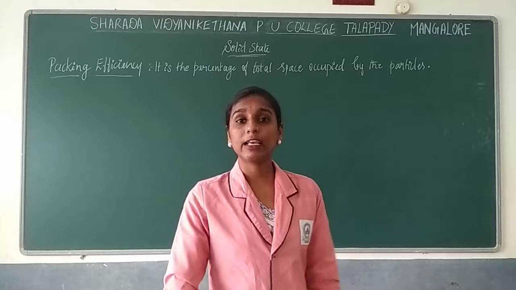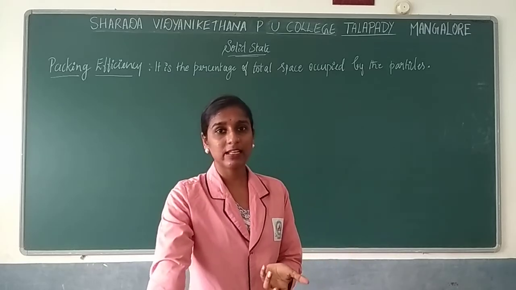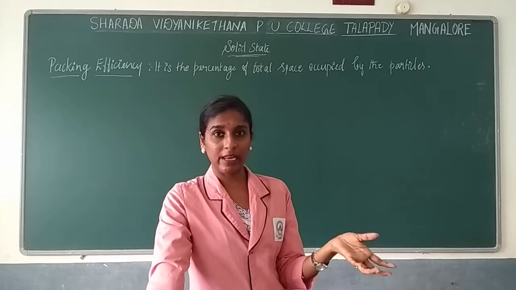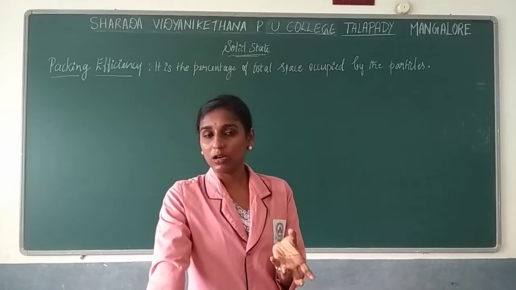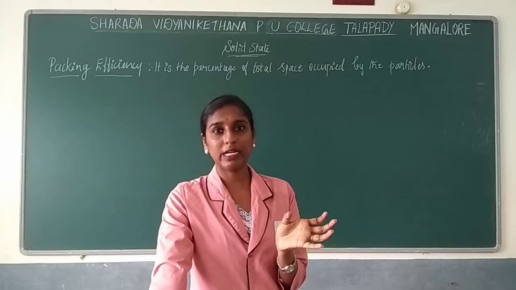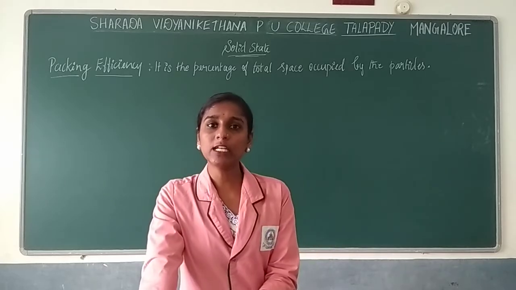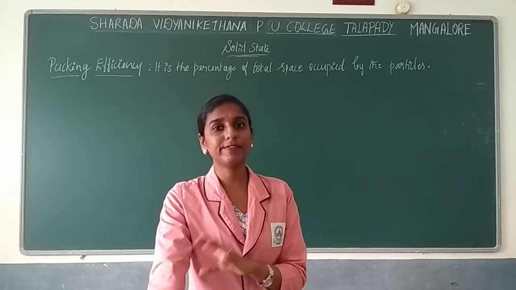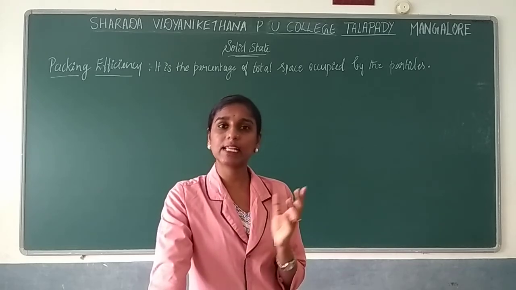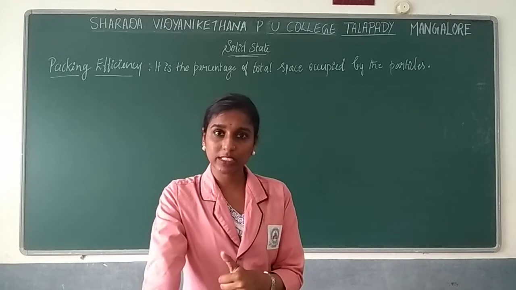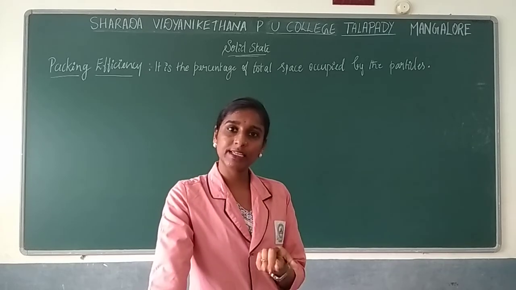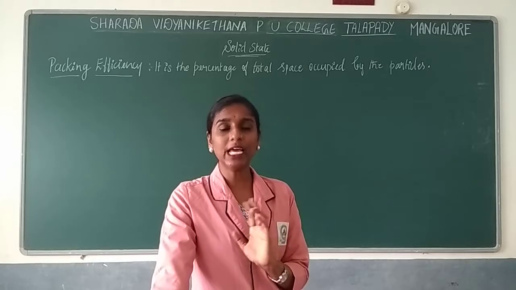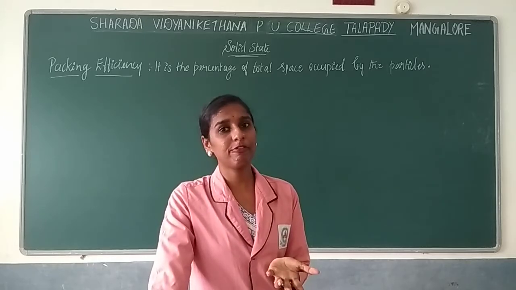Later you have studied regarding 7 primitive unit cells. I have given a formula to remember them, based on that you can remember the primitive unit cells, right? Later you have studied regarding calculating the number of atoms. In a simple unit cell there you will be having only one particle, right? For the body centered cubic unit cell that will be 2, okay. Face centered cubic unit cell, that will be 4, right?